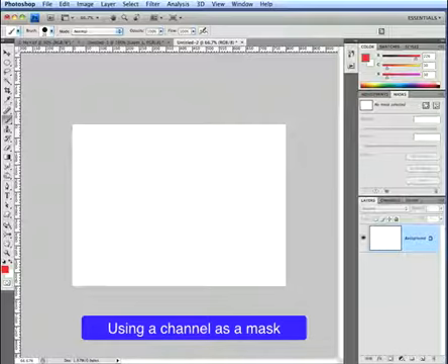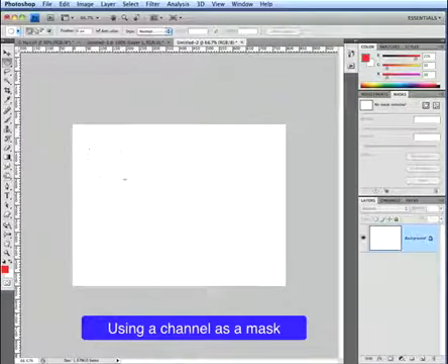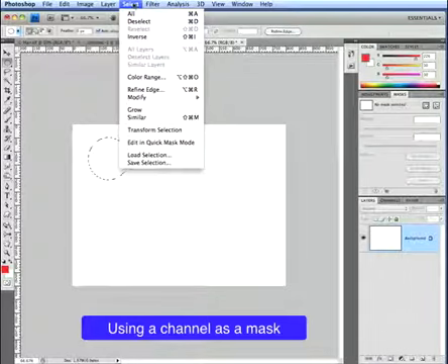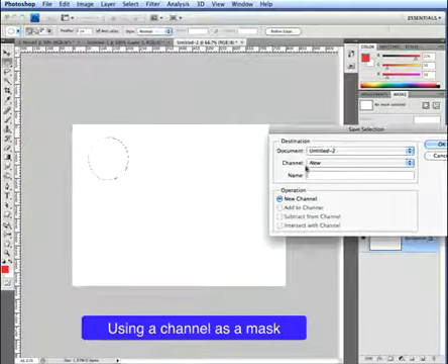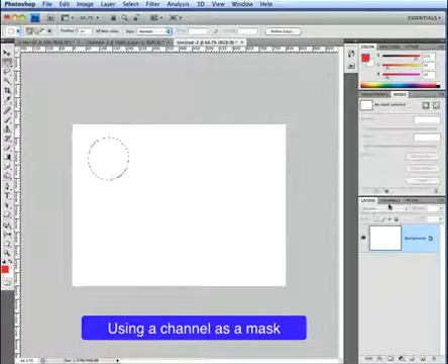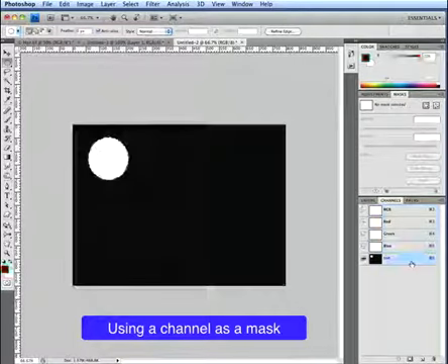Now, a little bit of revision just to make sure we all understand where we are so far. We talked about the way in which a channel can be generated by, for example, creating a selection with one of the selection tools, like the marquee tool here, and then choosing to save it. If I use the select menu and I go save selection, and I give this a name, just going to call it test. I press OK. That channel, or that selection, shall we say, has been stored by Photoshop as a channel,